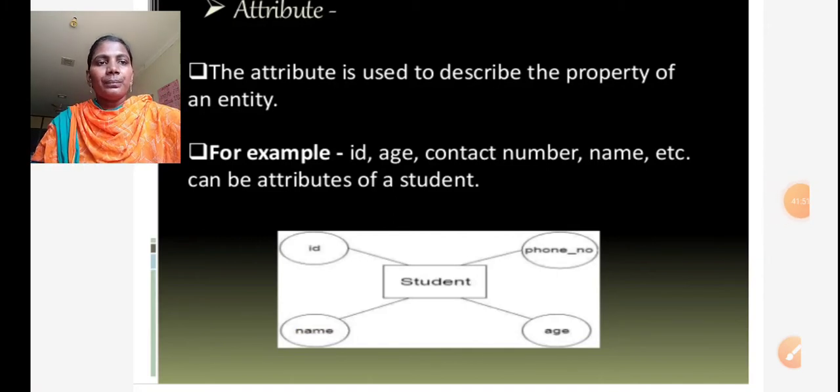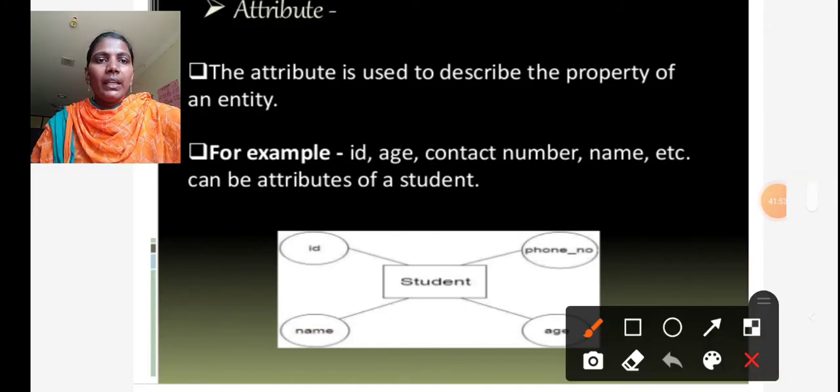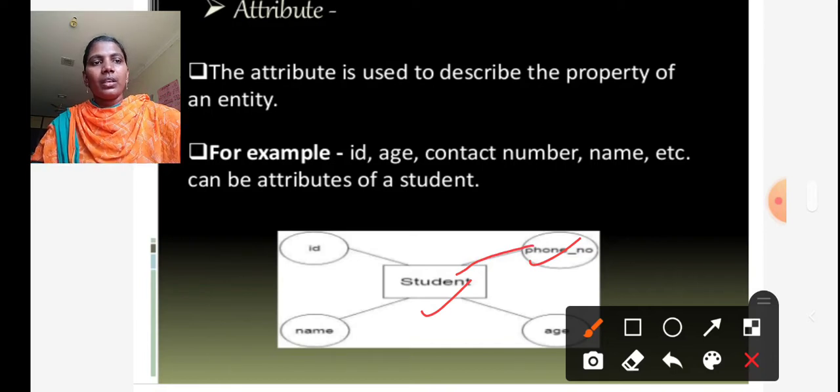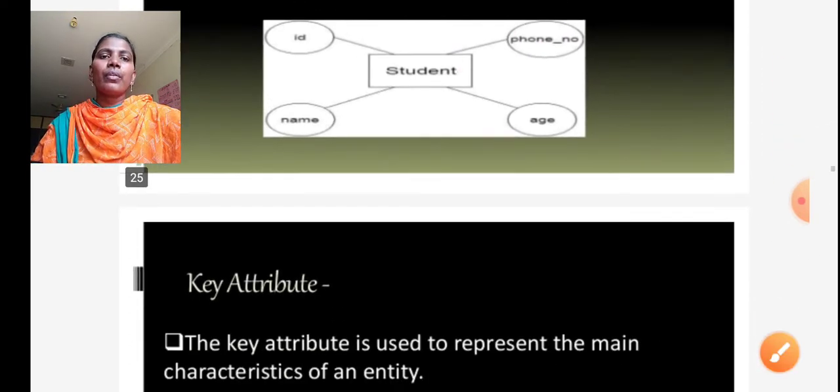So here we can display an entity and its attributes with symbols: the entity in a rectangle symbol and the attributes in oval shape symbols, and those two are connected with a line.